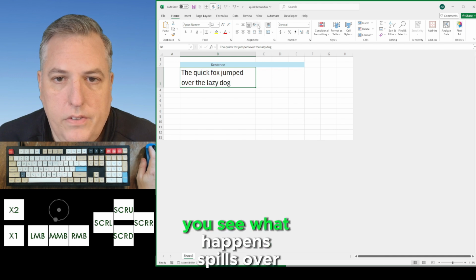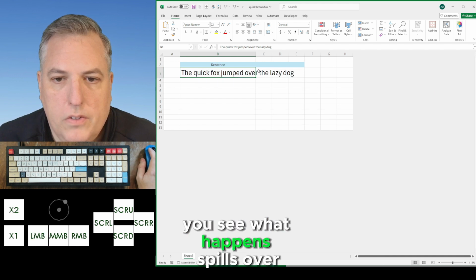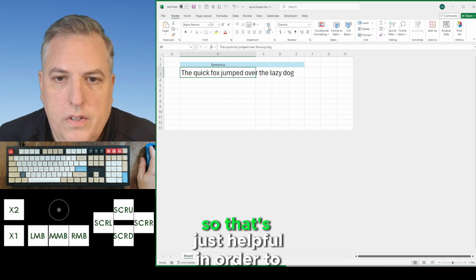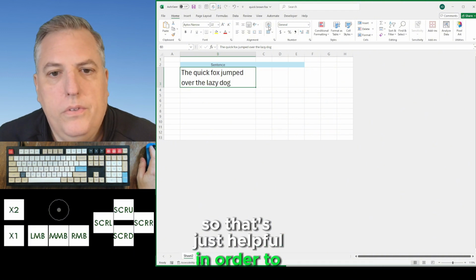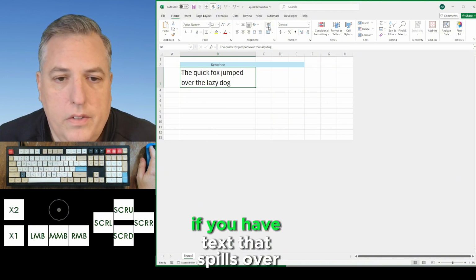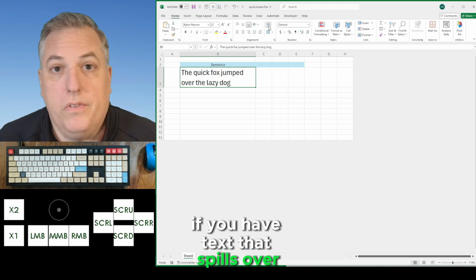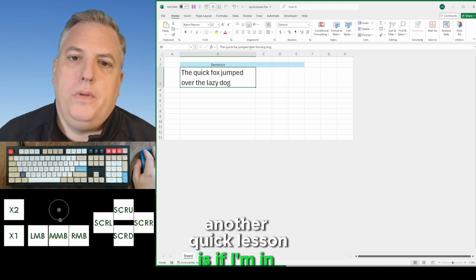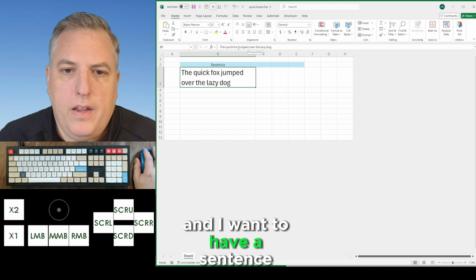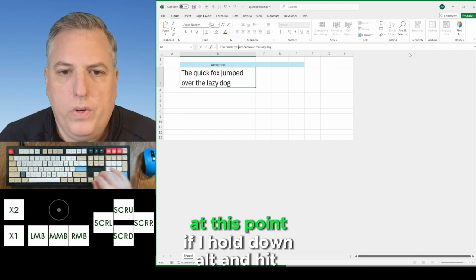Now without this, you see what happens. Spills over. So that's just helpful in order to format in a certain way if you have text that spills over. Another quick lesson is if I'm in here and I want to have a sentence break at this point,